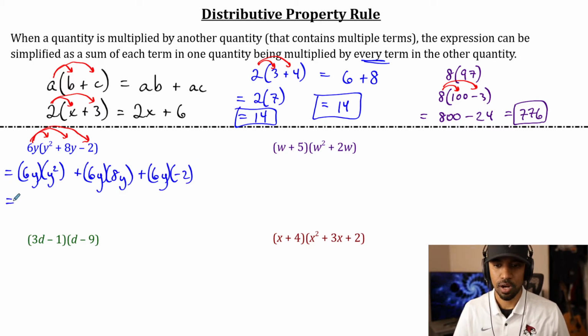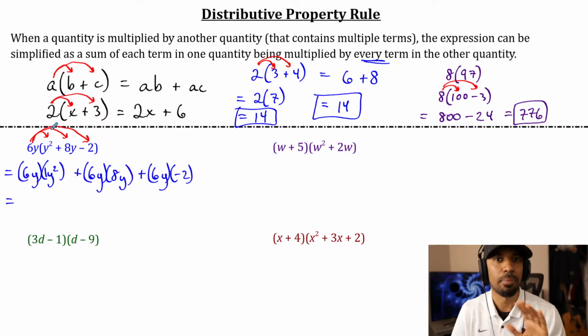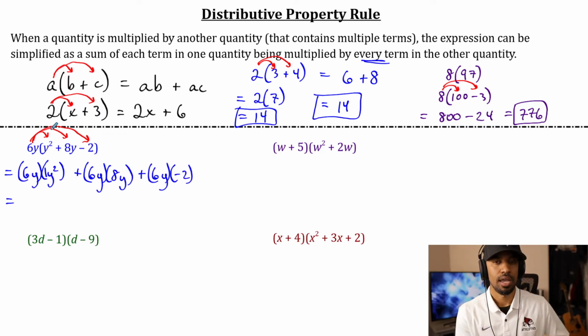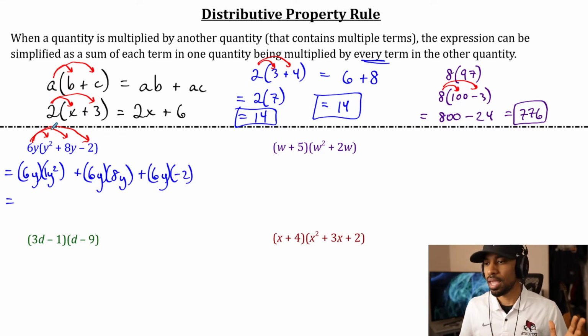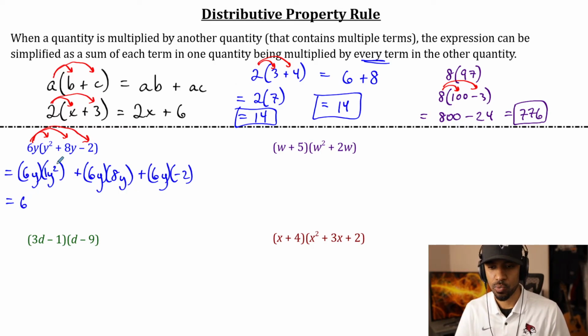6y times y squared, what we're going to do here, remember this is a 1y squared. When we multiply these things, it's not like combining like terms like addition, subtraction. They don't have to be matching degrees. When we multiply, the numbers multiply with each other and the variables multiply with each other. And the way variables multiply, I'll show you in a sec. 6 times 1 is 6. Y times y squared,